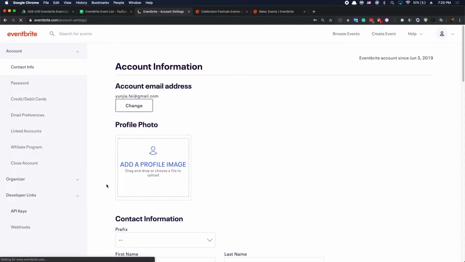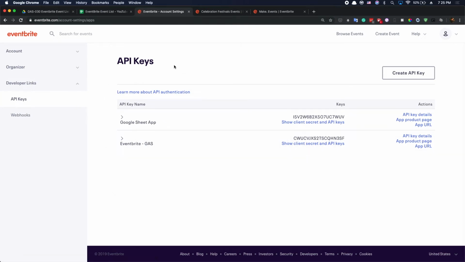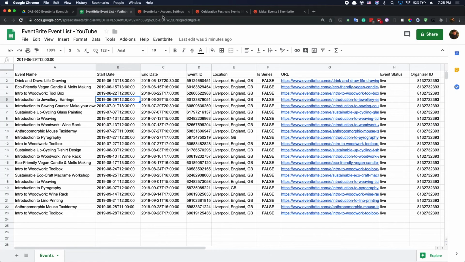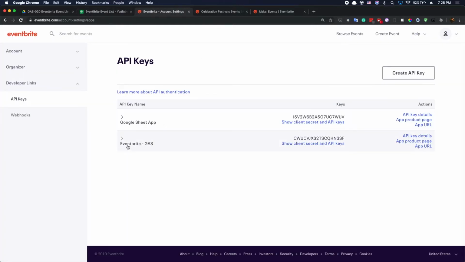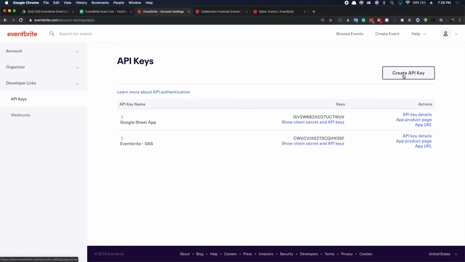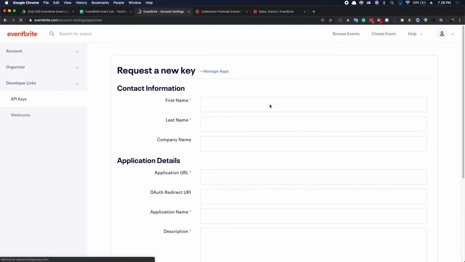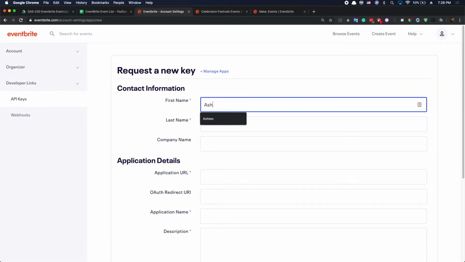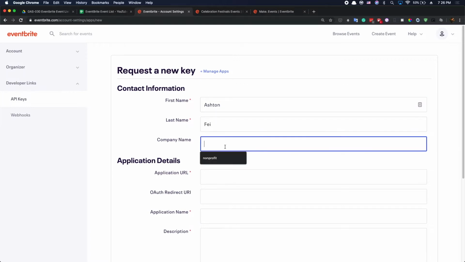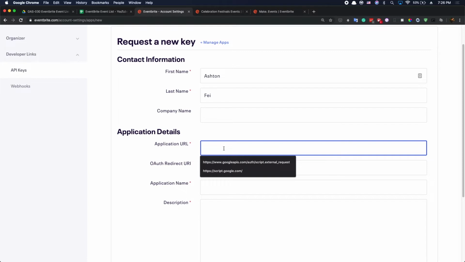We have the API key. Okay, since we made a new file, and we didn't change the redirect URL for this API key we used in the example, we may need to create a new API key. So you need to create a new API key. Okay, you just try to create a new API key. So you put your name here, and the company name if you have one. I don't have one actually, so I don't have an application URL. I just put some fake one,